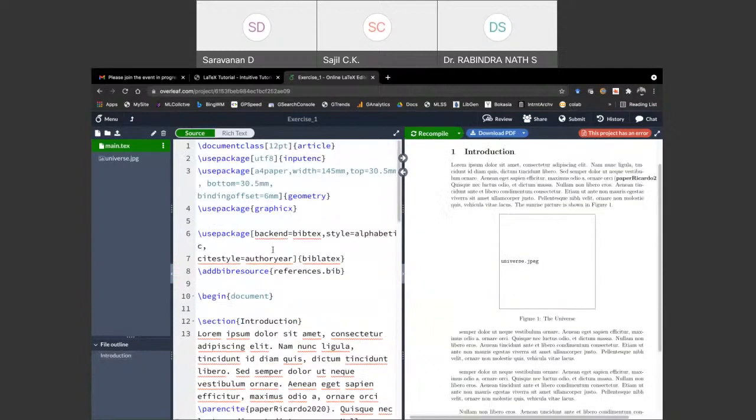Okay, so the thing is that we need to insert one package called biblatex for the citation, for using the paper citation and referencing. So the usage is \usepackage{biblatex}, and then there are a couple of parameters: backend equal to biber, style equal to alphabetic, and citestyle equal to authoryear.